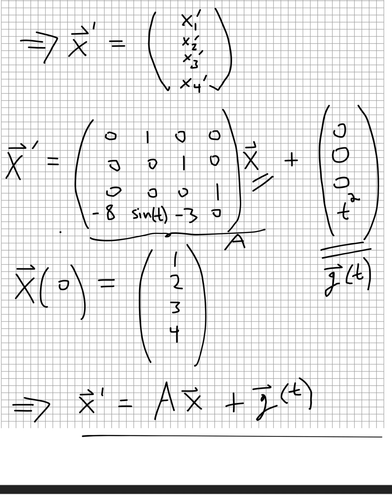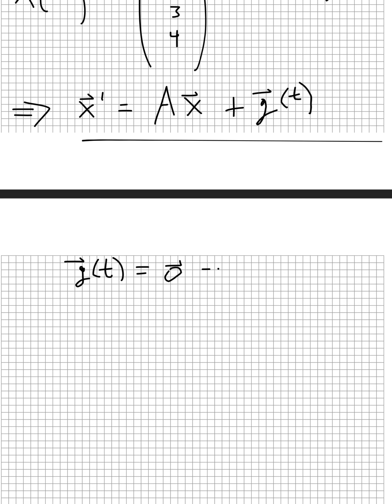So this system, notice that there's zeros in 3 entries except for 1. This would be actually a non-homogeneous system. But if t² was a 0 entry, then it would be homogeneous. So if g of t is 0 everywhere, that implies it's homogeneous. Okay? And then likewise, if g of t does not equal the 0 vector, like in our example, that implies that it's